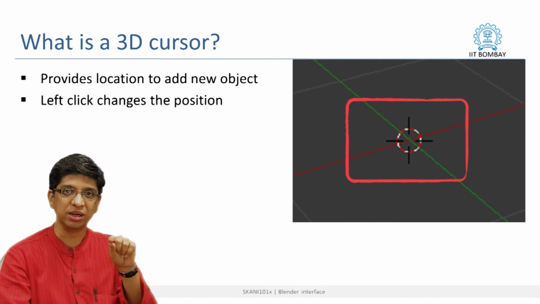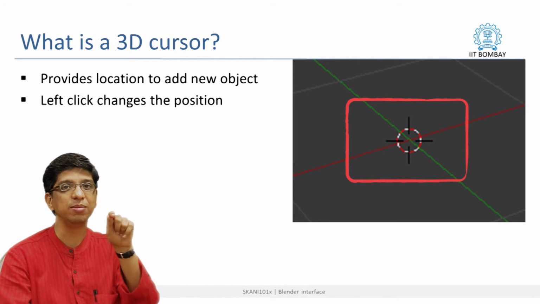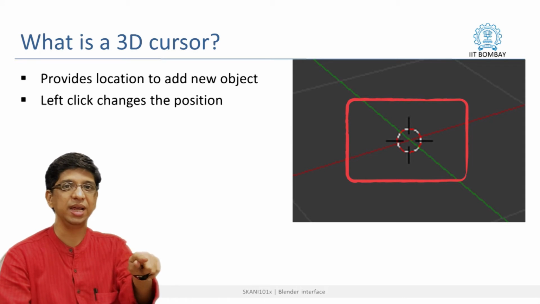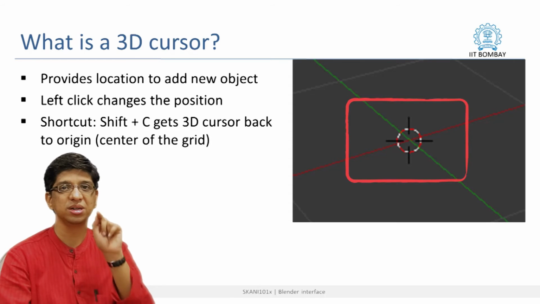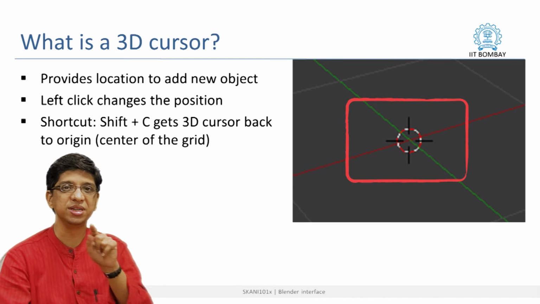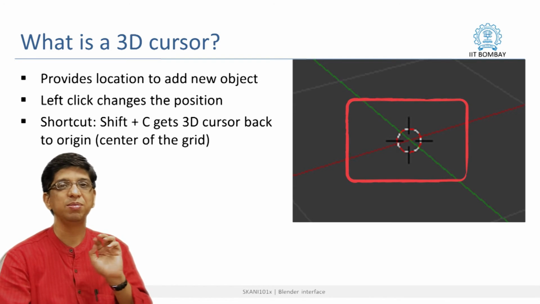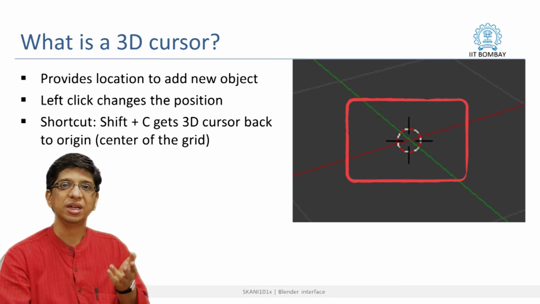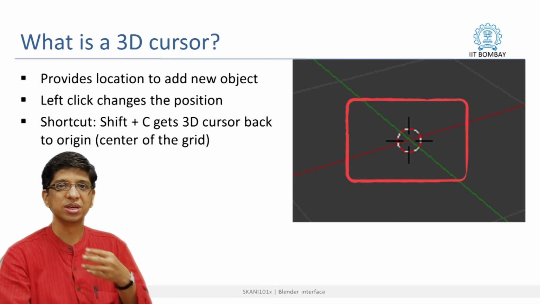So, whenever you click, it is not necessarily sure that you are clicking where you are able to see. You do not know the z depth in respect to where you are clicking. Therefore, be very careful about clicking this. That brings to the first keyboard shortcut in the sessions, which is called Shift C, because invariably whenever people start working with the software, they click with their left mouse somewhere on the screen, and that will move your 3D cursor to a random position.